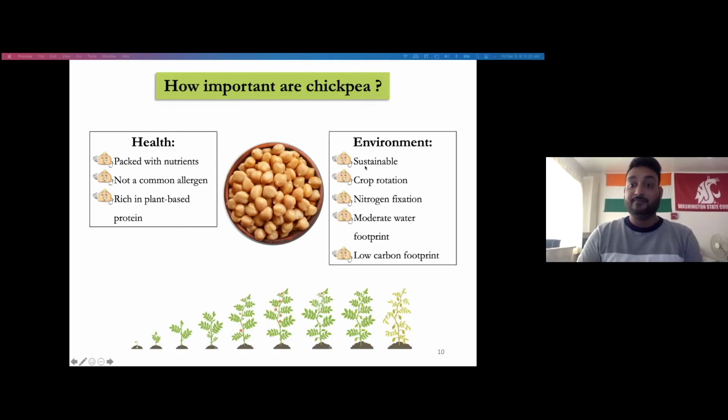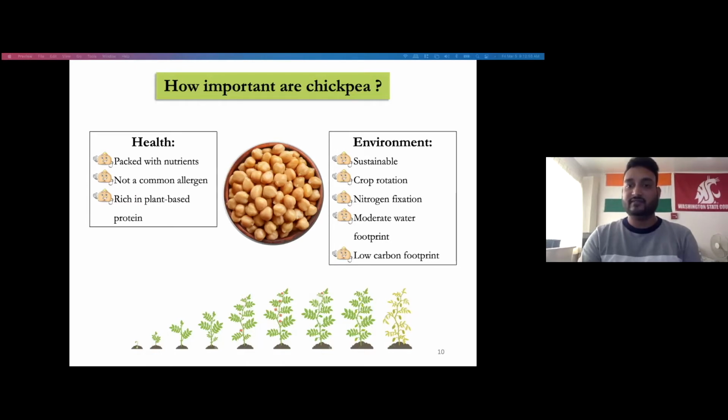More importantly, chickpea is an environmentally sustainable crop as well, because, especially here in Washington or the Palouse, chickpeas are used in crop rotation along with wheat to improve soil health. Chickpea is a legume and also fixes nitrogen, therefore reducing the use of nitrogenous fertilizer in the current crop or the next crop. They have a moderate water footprint,